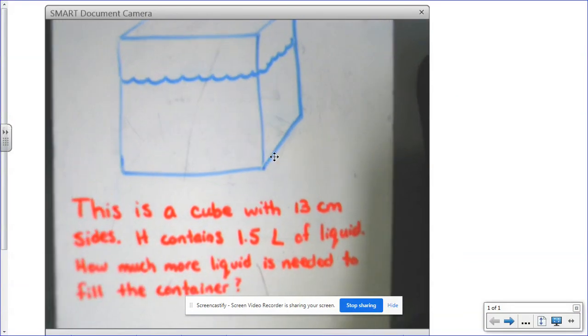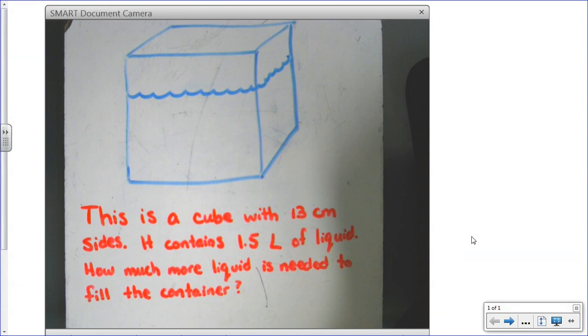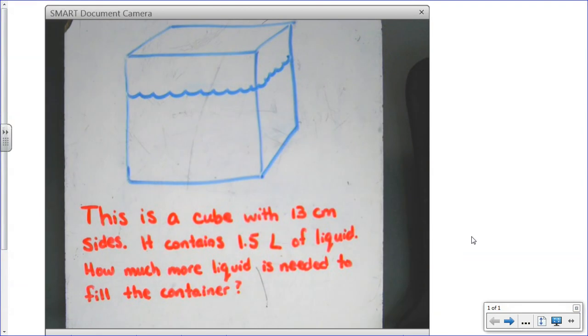Hi, boys and girls. Today we're going to be talking about some more volume finding. And today we're going to start off with a couple of sample problems, and then we're going to talk a little bit about the problems you're going to do for independent practice. So to get started off this morning, what we're going to take a look at is this problem right here